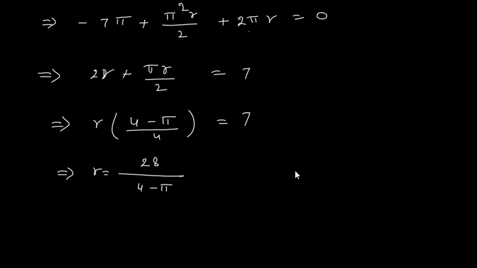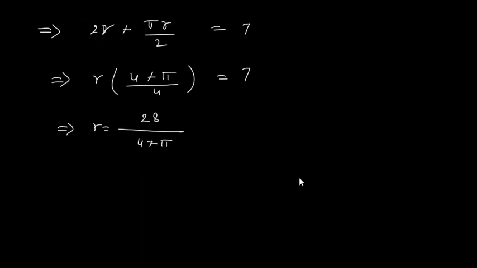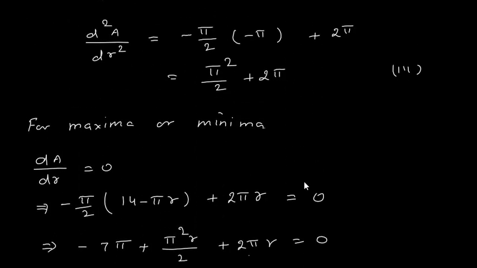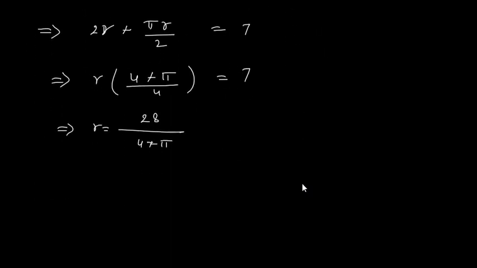So 2 plus 2 is 4, 4 plus pi upon 4. So 7 4s are 28, 28 upon 4 plus pi. This is the value of r, 28 upon 4 plus pi. Now d square a upon dr square. Now when r is equal to 28 upon pi plus 4,